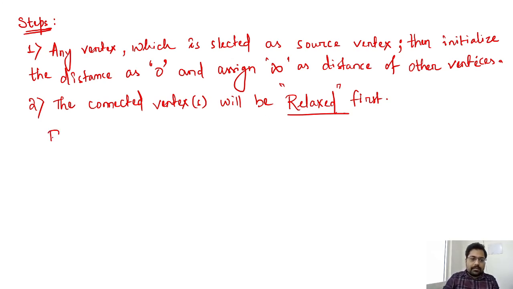Then the formula for relaxation is, means we are making it free. That is why we are saying the term is relaxation or relax. So what we have to do is